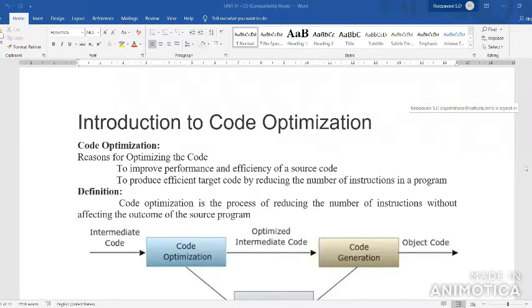So in the phases of compiler, how many phases of the compiler are available? The first one is the lexical analyzer. Then the syntax analyzer.